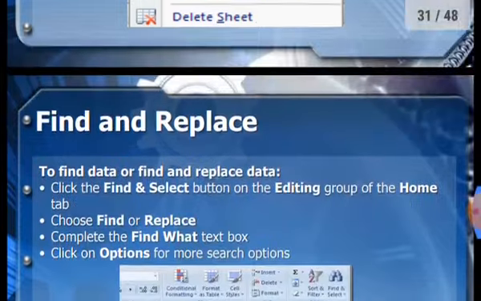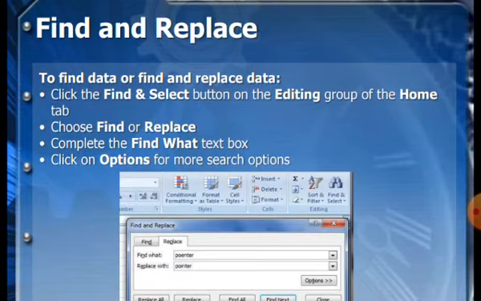Now move forward. You see the find and replace. To find data or find and replace data, you have to follow these steps. Click on the find and select button on the editing group of the home tab. Choose the find or replace option. Complete the find what text box, then click on the option for more search options.